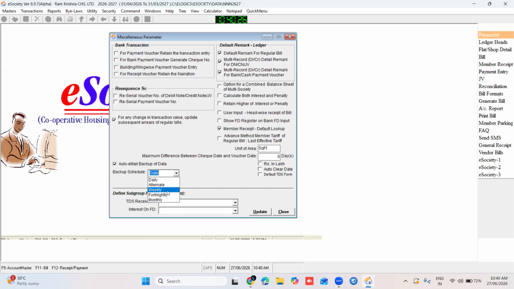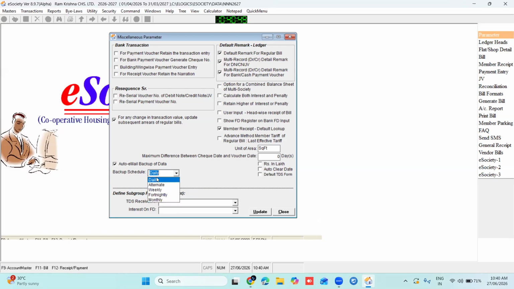When you select weekly, the backup will be created once every week. Now fourth option is fortnightly. When you select fortnightly, a backup will be created once every 15 days. And the last option is monthly. When you select monthly, a backup will be created once every month.